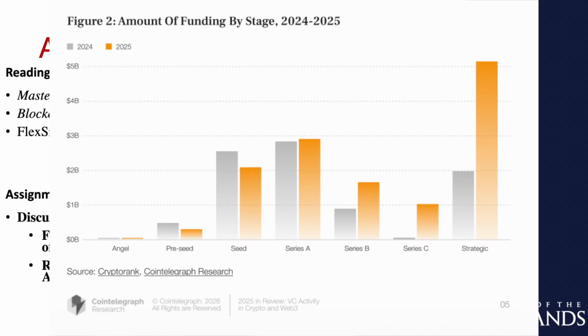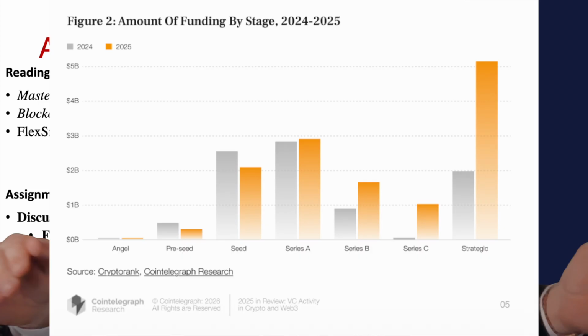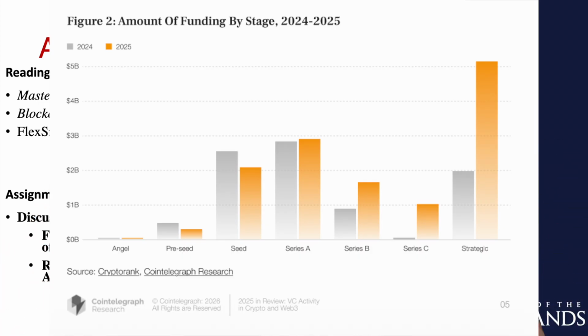Part of this reason was the amount of funding in stages. Strategic went up tremendously, from like 2 billion all the way up, which means people looked at projects that already existed and said, this needs some strategic capital to make this happen. They didn't look at new projects. They looked at projects that were already in the works, that had some history. Again, looking to mitigate the risk, right? They want to mitigate the risk they have. They don't want to demitigate. They want to mitigate the risk of investment as they push forward on their return. So that's their whole entire idea.